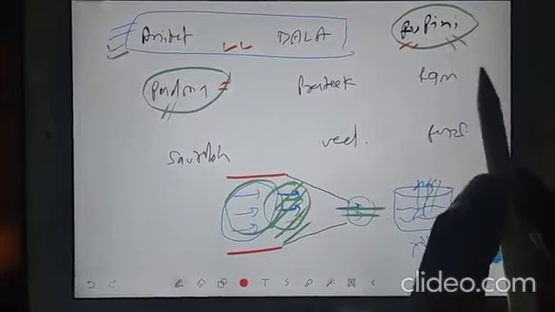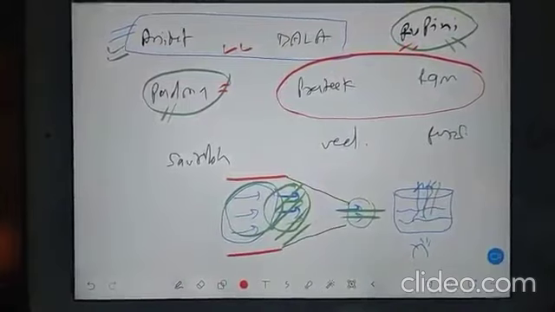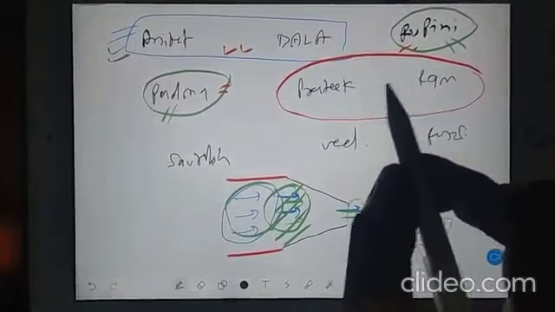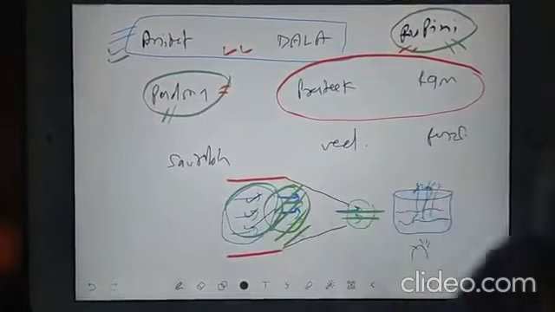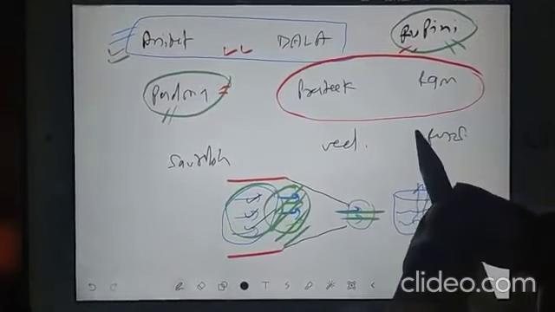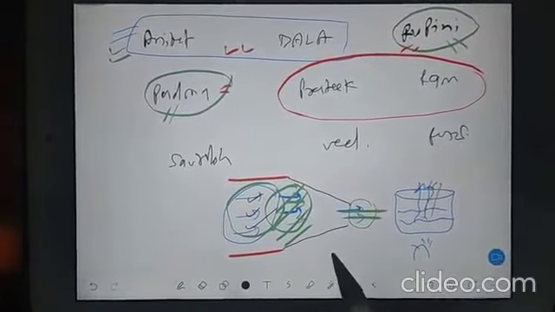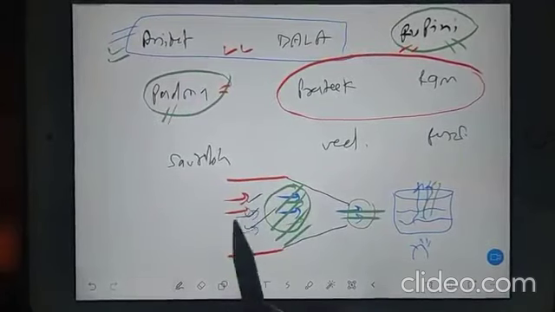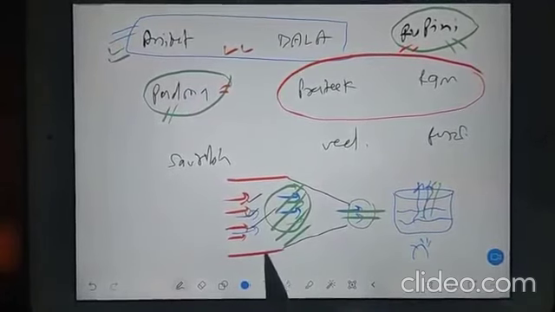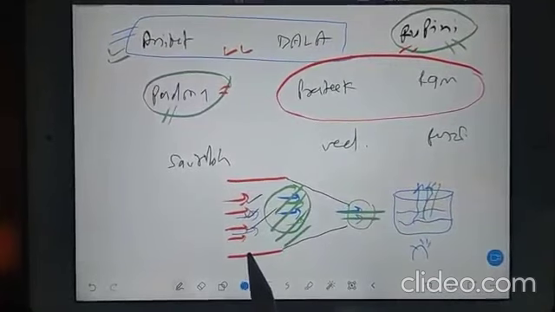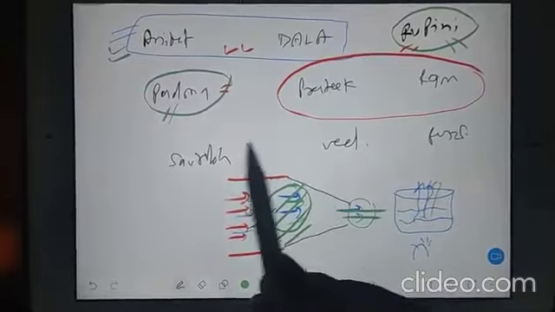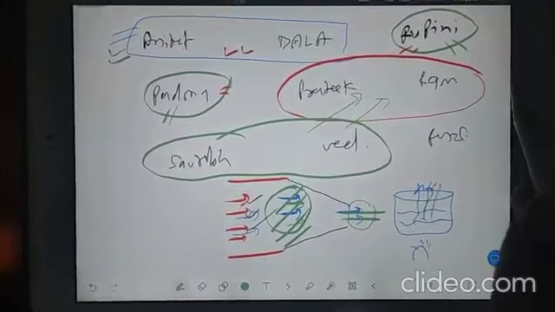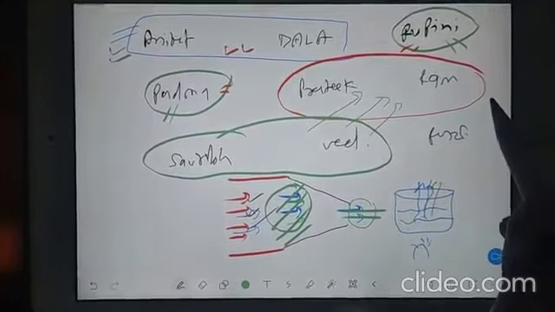Okay. Then these two people came, Pratik and Ram. They said, sir, you are creating a combustion chamber, correct? What if, then they came up with more ideas. They said, whatever air is entering the combustion chamber, what if we can compress the air? So Saurav and Vedant are asking, why do you want to compress the air? What is the benefit of compressing the air?